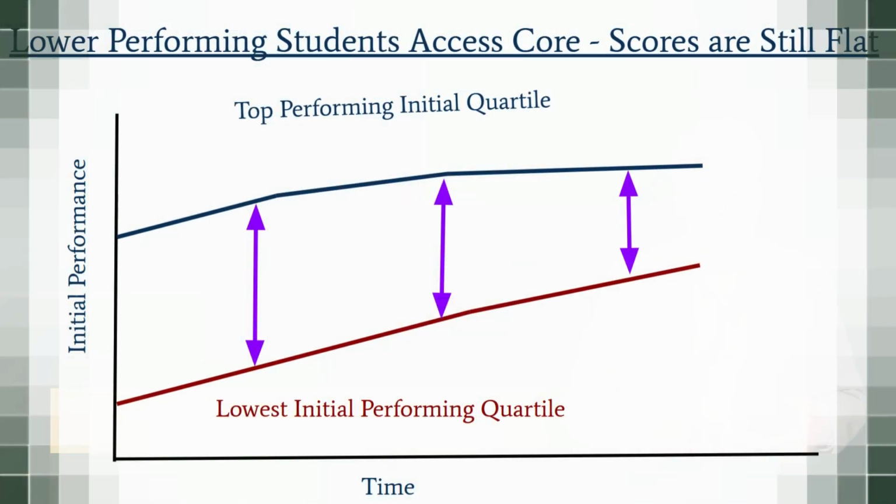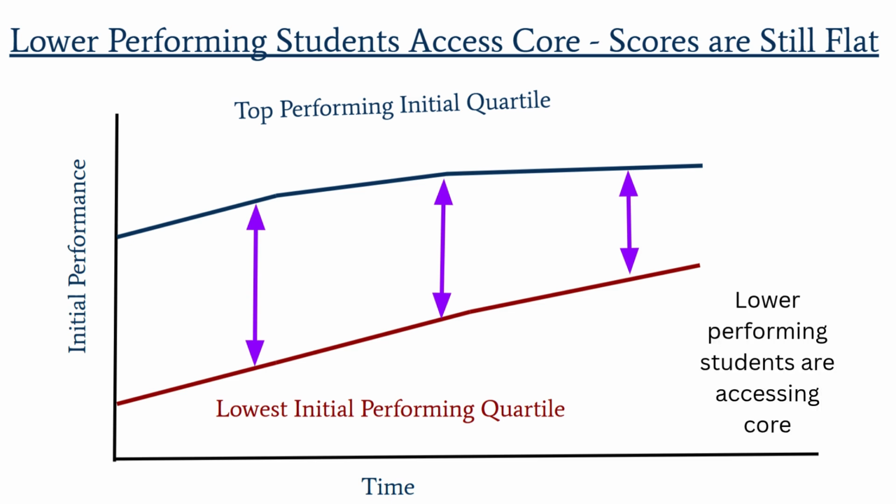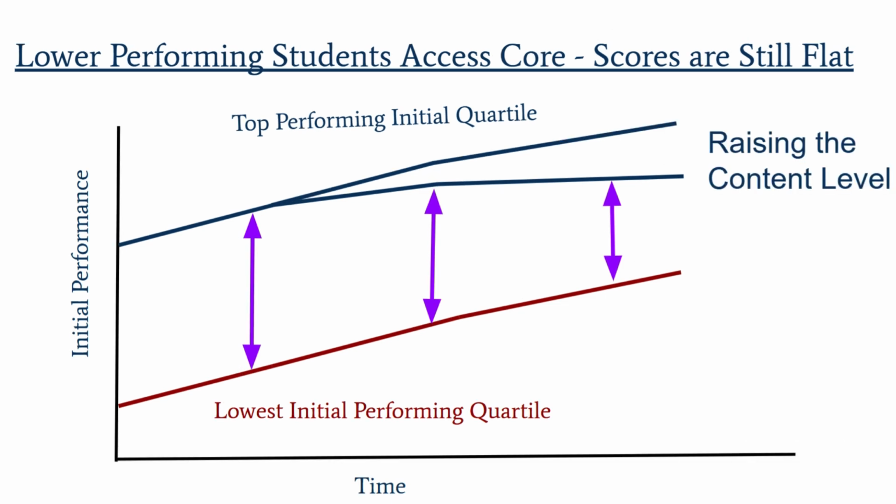The first scenario is that flat growth for top performers, but good growth for low performers. So low performing students are obviously accessing core instruction. Their line is steeper. If they weren't, they'd have flat growth. But top performing students can't experience growth unless the content is increased. And so the gaps are closing, but not in the way that you would want. Whatever teachers are doing, their lowest learners are getting it, but top performing students are not being challenged, so they